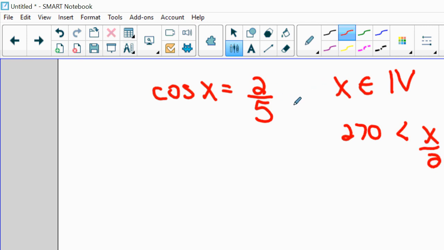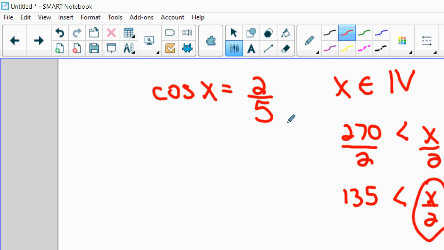Now let's figure out where x over 2 is, because they're going to ask us that. x over 2 is in the second. So if somebody asked me to do cosine of x over 2, and I know x over 2 is in the second,